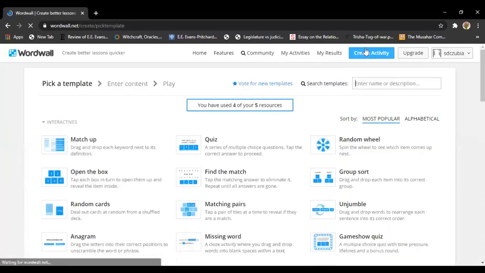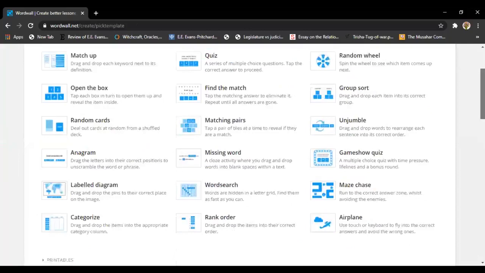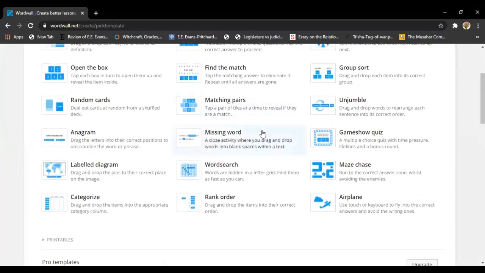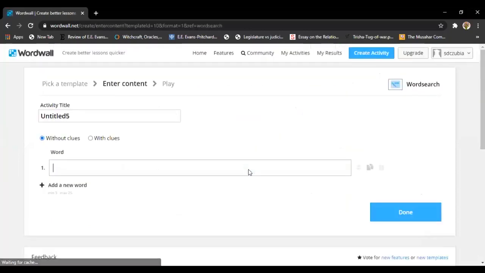Now one more activity that I want to create, one last one, since I'll be just showing 5 activities. Word search. Now this is a very interesting one. It's like a puzzle. So let's say I have EVS as my subject, and I want to give clues. So I add clues. Here I can write my word and here I write my clues. If I don't want clues, then I can just click on without clues. But I want clues right now, so I'm going to write your word.